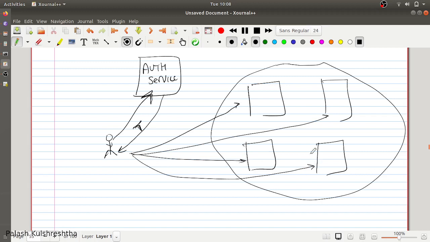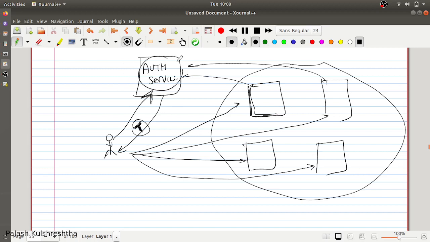Since they have already integrated with this third party auth service, they know that the token provided by this auth service is good. They will validate that token, find out the permissions that are signed with that token, and allow the user to use their service according to the permissions present in the token.